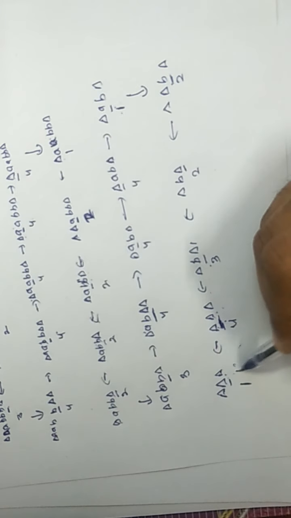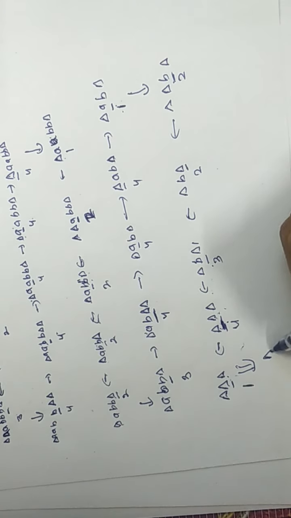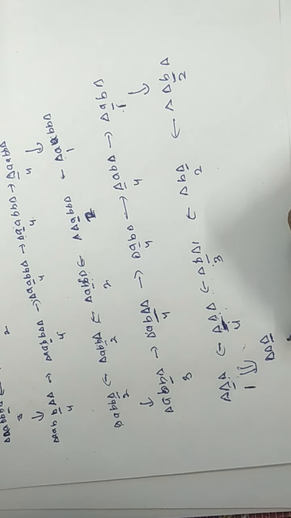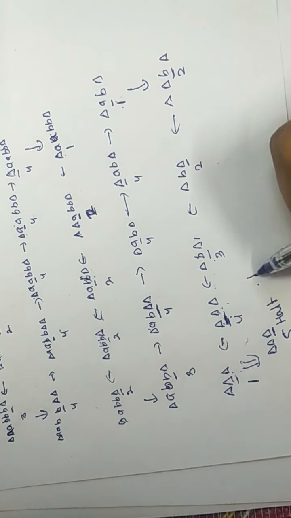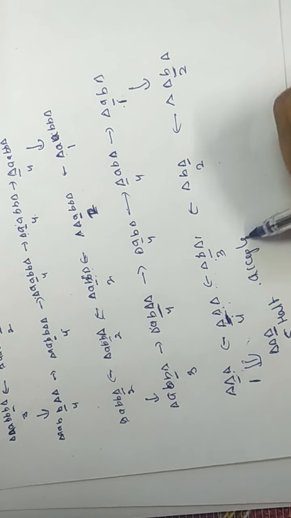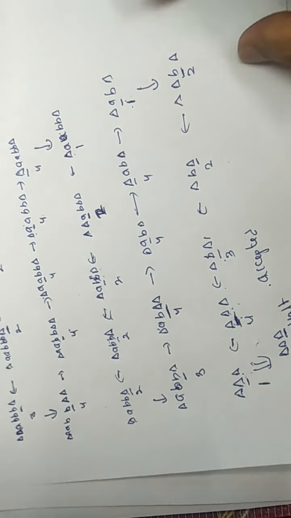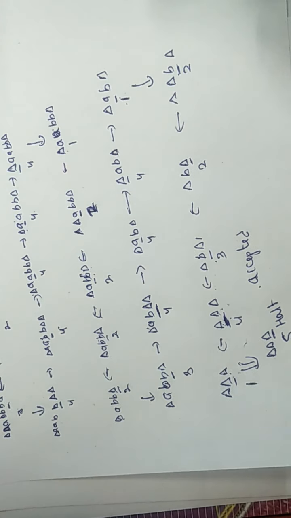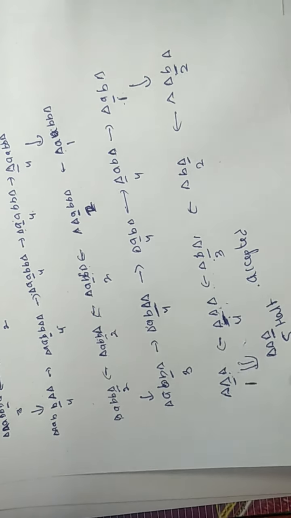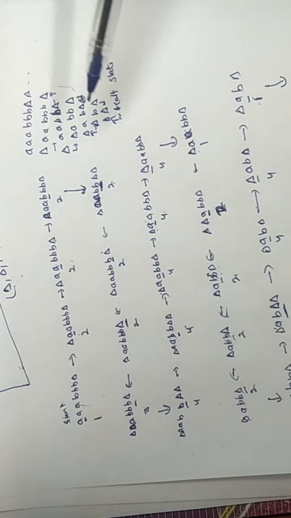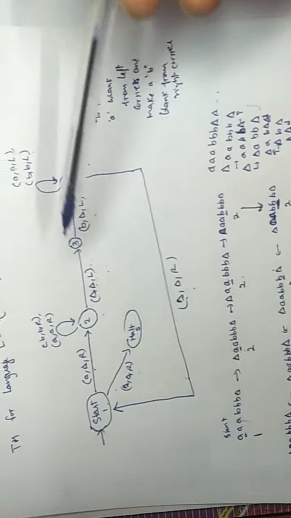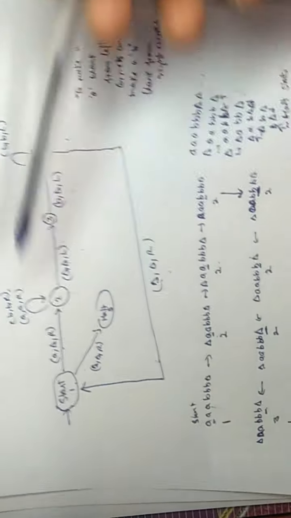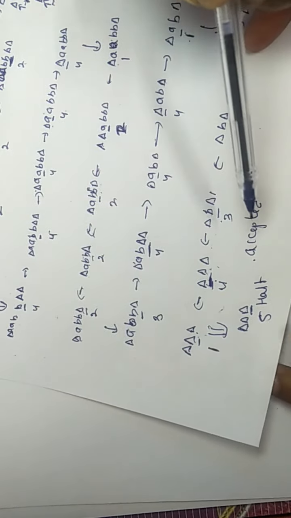So here we move to the right and reach state 5, that is the halt state. So this is accepted. So we do it in a step by step procedure by writing the state as per the transition of the transition diagram of the TM, and at the last step we reach state 5, it means it is accepted.